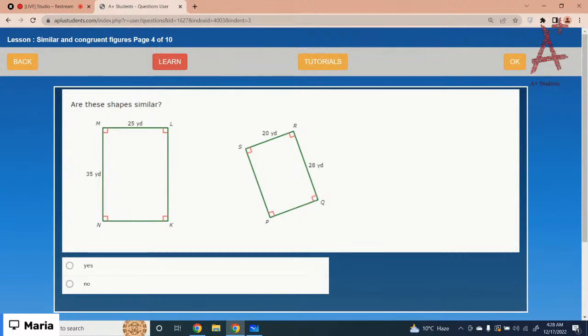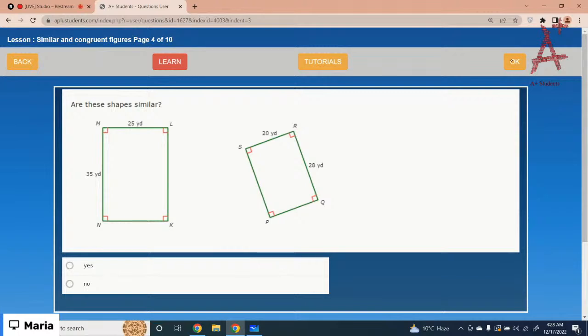No, they are not similar. They have the same angles, but if you form the corresponding sides, it would be 35 over 28. When you form the corresponding of these two sides, they are 25 and 20. But yes, they are similar because they are the